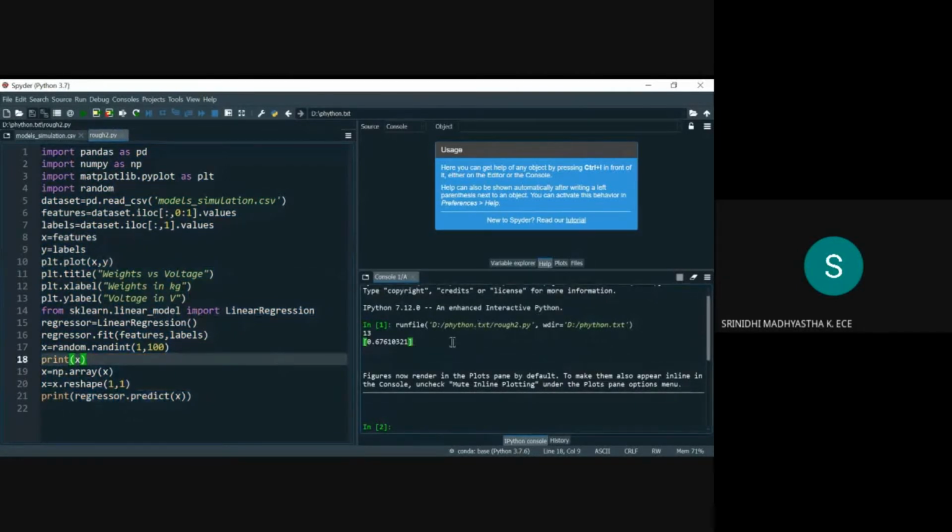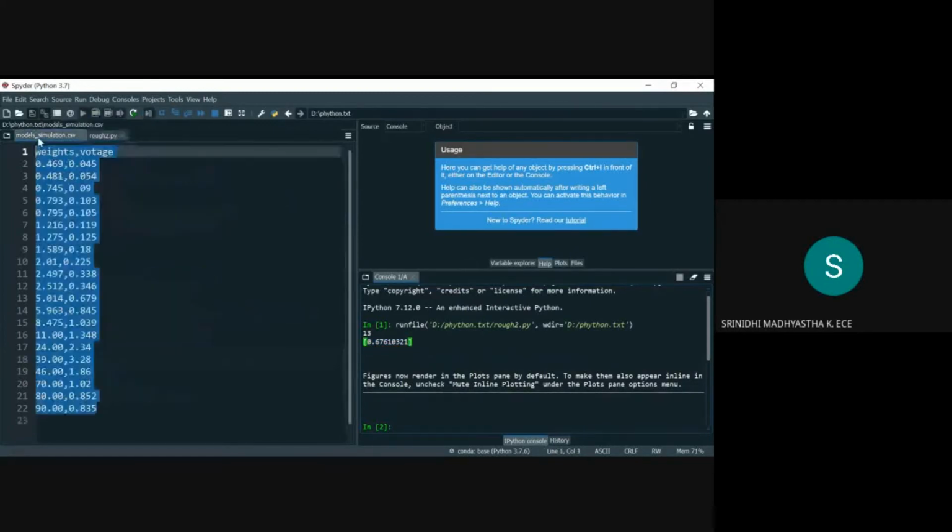In the console window, you will see the output. 13 is the randomly generated weight. It is in two dimensions. And for this value, we have predicted the voltage, which is 0.67610321.